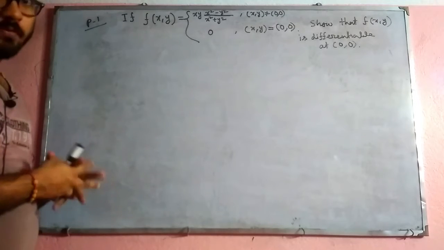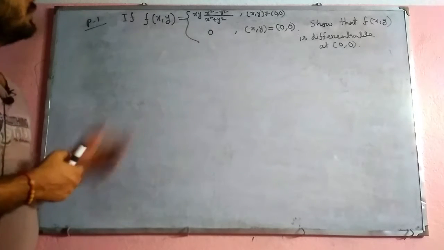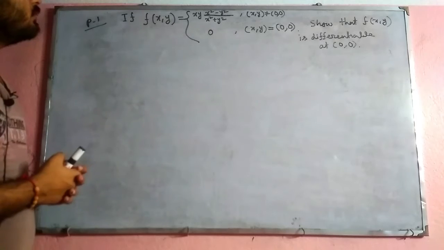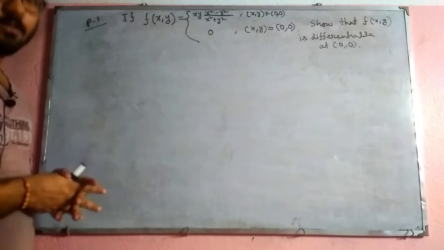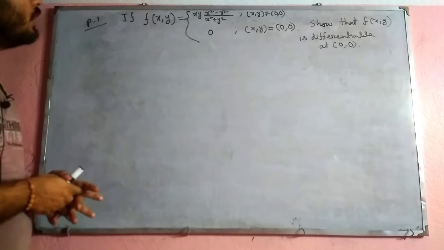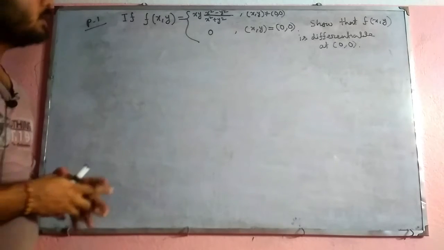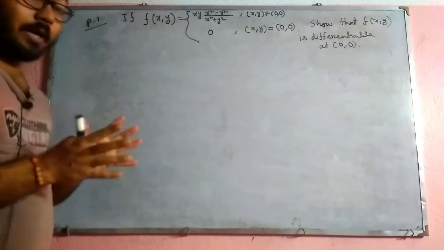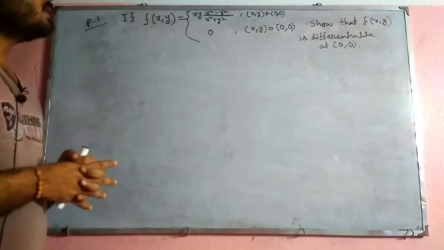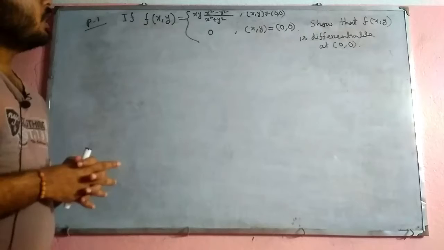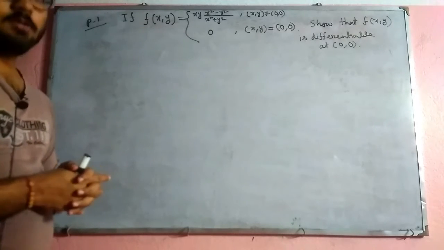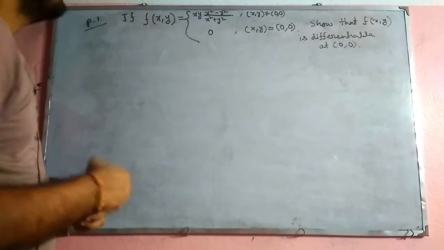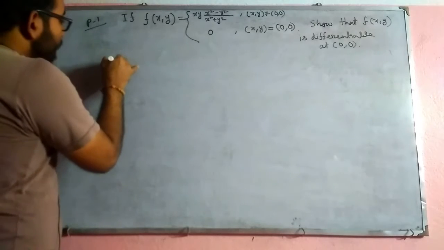This function is very well known to you because we have checked that this function is continuous at (0,0). So how to approach? At first we have to find the partial derivatives of this function at (0,0). Okay. So, answer: